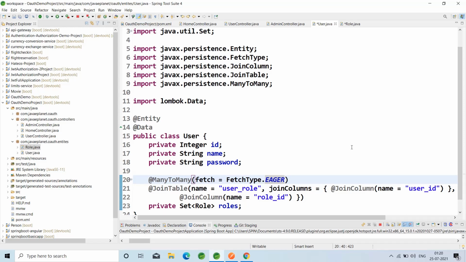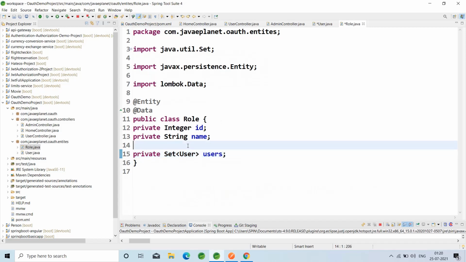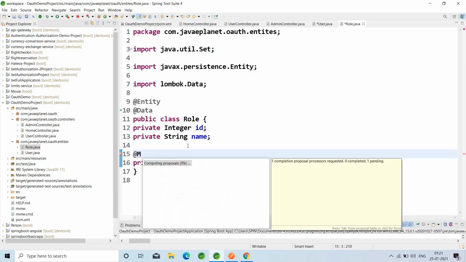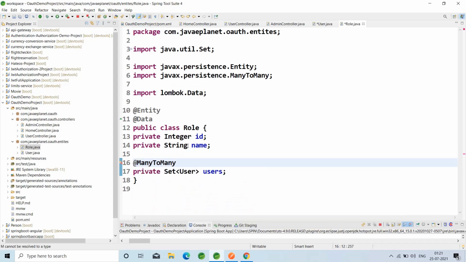Control shift format, and in the roles map here with @ManyToMany, mappedBy equal to roles. Control shift format and control save.